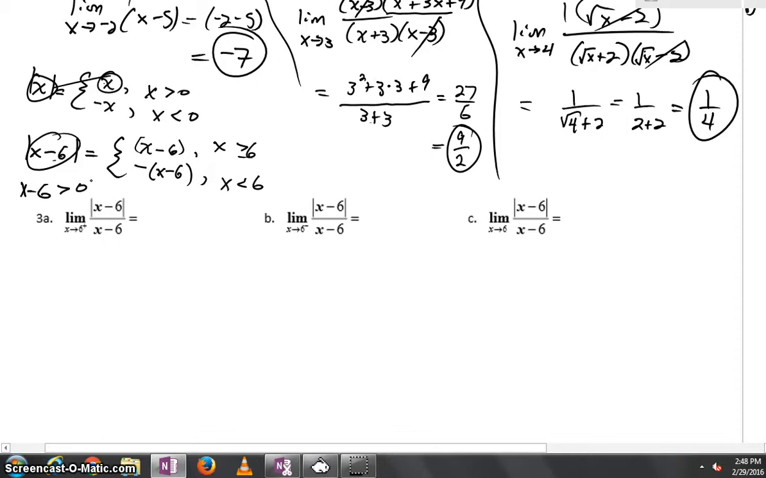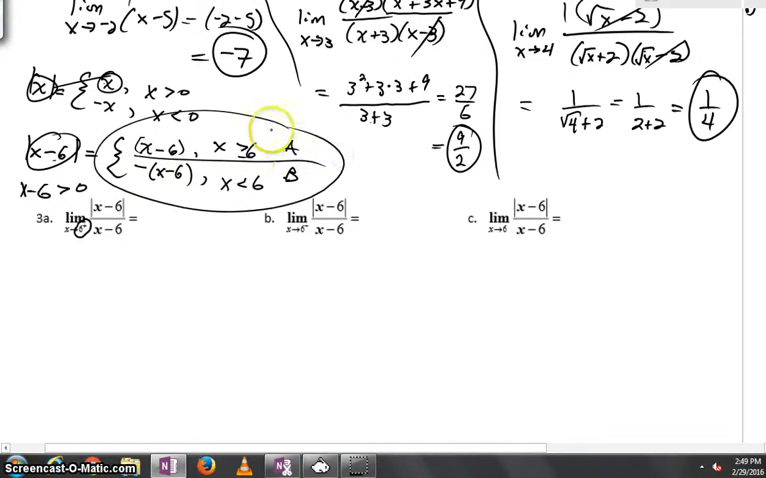So from an algebraic perspective, I'm looking at 6 with a plus. That means I'm what? Bigger or smaller than 6? It means I'm bigger. If I'm bigger than the 6, which one of the two assignments should I be looking at for this piecewise function? A or B if I'm bigger than 6? A. You see what I'm talking about? That's just going to be x